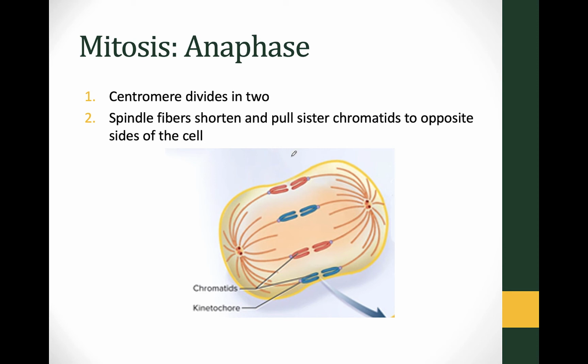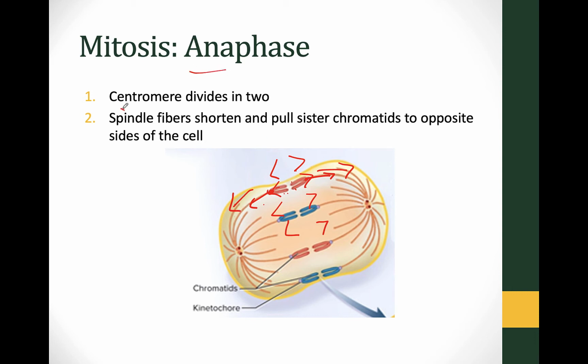In the next phase, anaphase, remember anaphase is associated with movement. What's going to happen is these spindle fibers are going to start to shorten finally. And these are just limp noodles, right? They're not very stiff. So if I grab it by the center and pull, these ends are going to make these little V structures. And these little V's are a good indication that your cell is in anaphase.